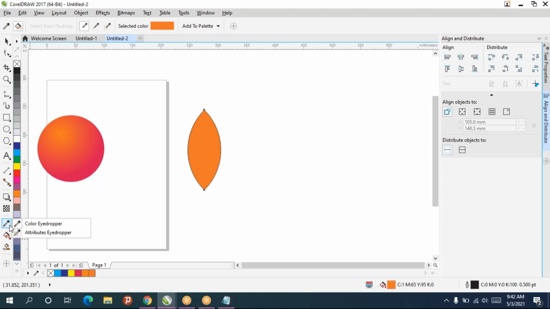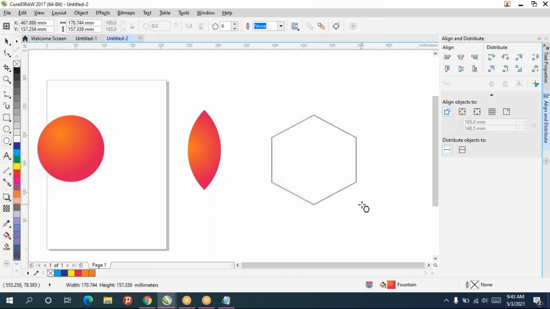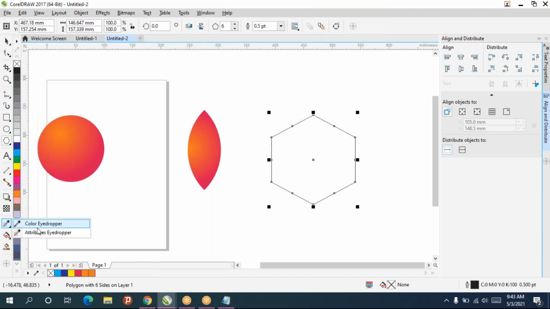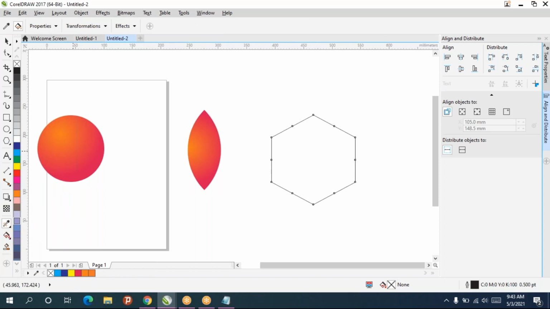But if you select the attribute eyedropper tool and click on this, you can apply it directly. Whatever gradient you have given, you can apply to any object by using the attribute eyedropper. Just click on that and apply to that. So any object you require, you can apply to that.